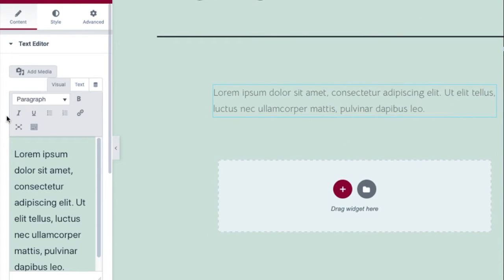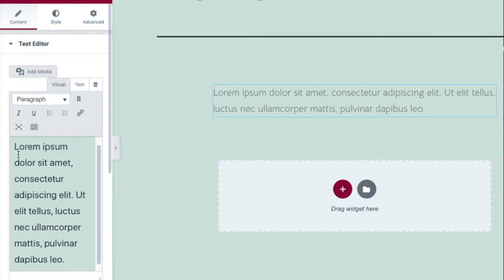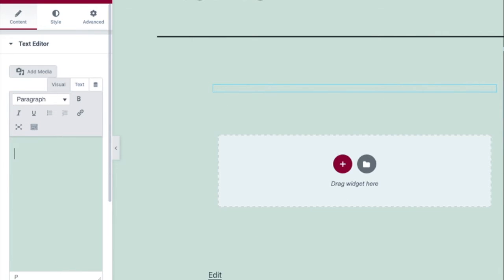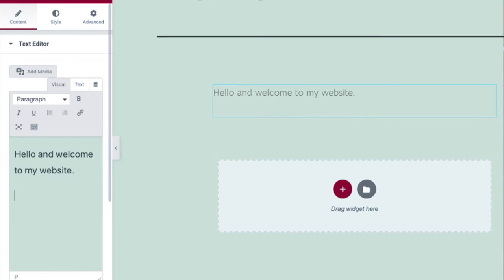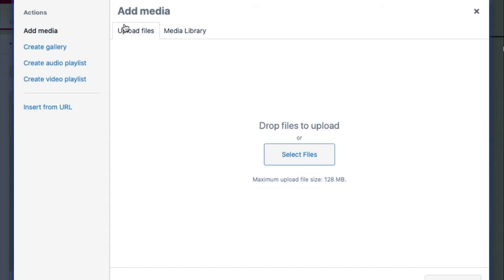Now this is my home page. Okay, let us start writing something. Hello and welcome to my website. So this is my home page, and I'll invoke some pictures, add media.